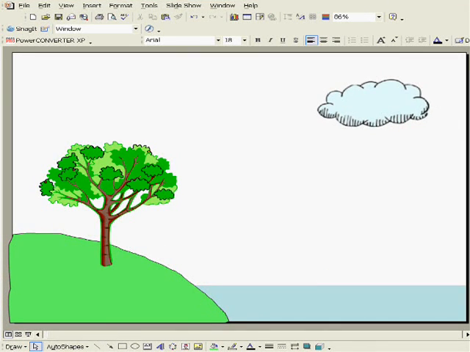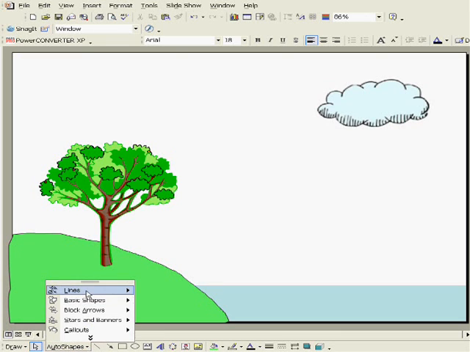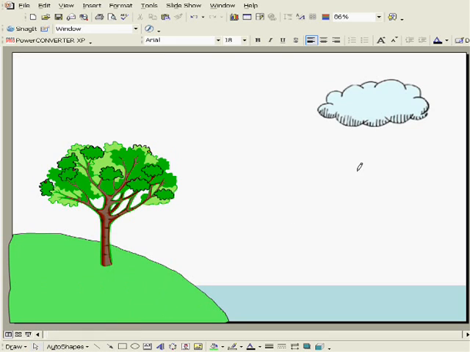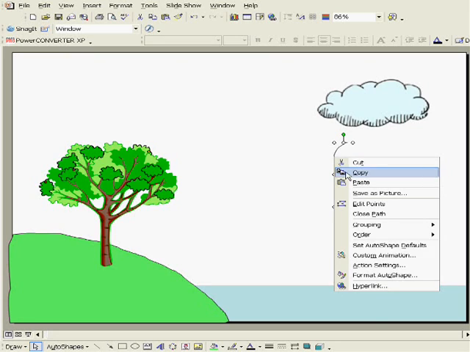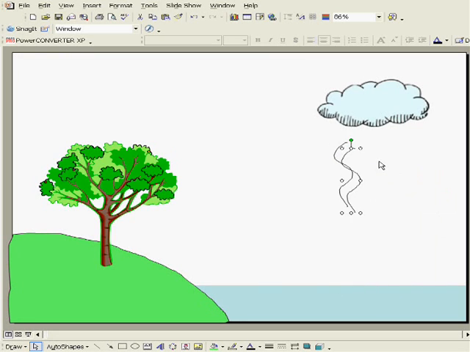I need to add some finishing touches to my picture here, so I want to illustrate the idea of condensation. I go down to Auto Shapes. I choose Lines. I want to make some scribbly lines, so I choose the Scribble tool. And I draw some kind of squiggly lines here. I like that one, so I'm just going to make some copies of it. I highlight it. I choose Copy, and then just paste a couple of them. Then I click and drag those